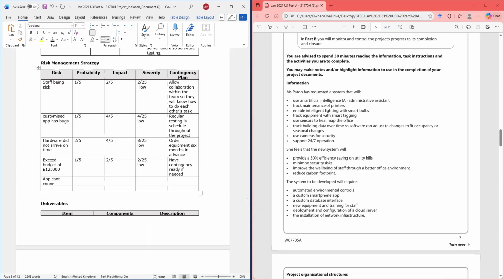That would be... so if the app can connect to the database, then we're going to have, oh, it says custom database interface.